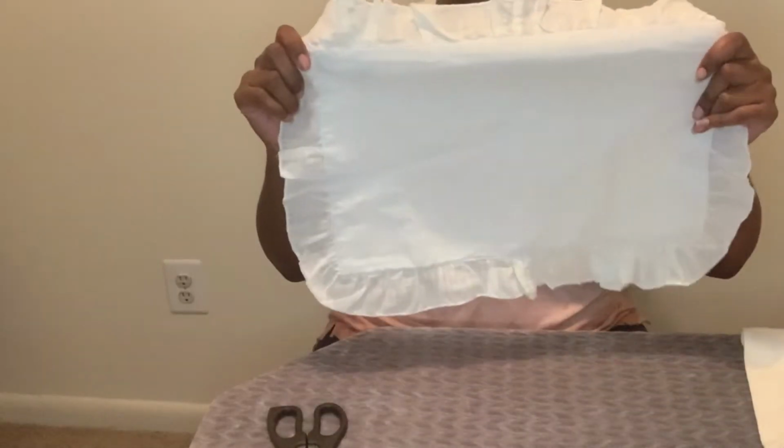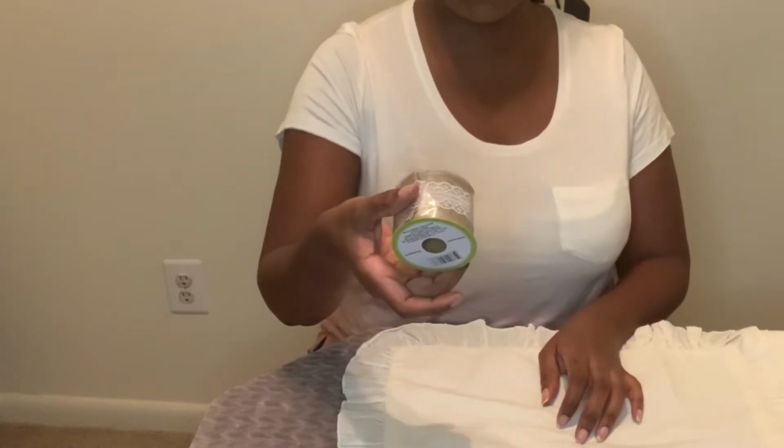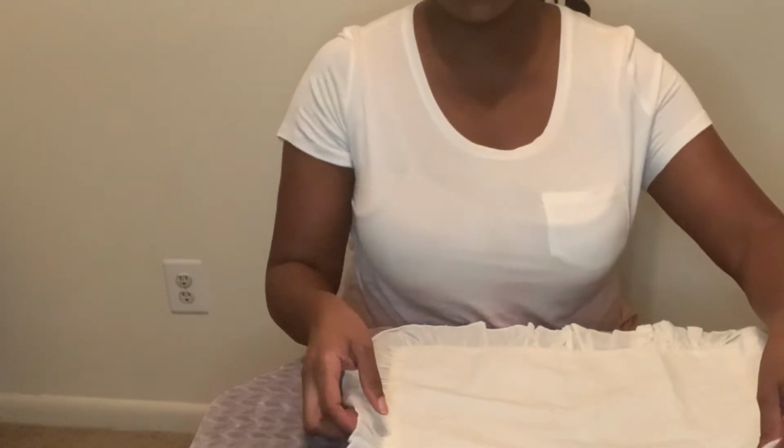For this project, you'll need a placemat, some scissors, some glue sticks, some ribbon of your choice, some bling wrap, some pillow stuffing,